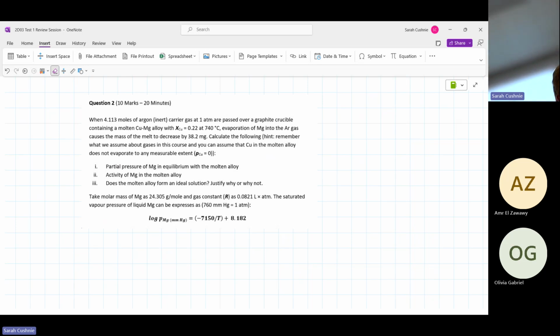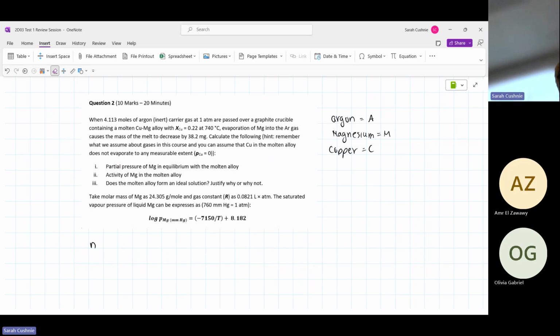Anyways, whenever I have questions that are calculations, I start by just writing out everything that I know as I go through the question, and this helps me get my bearings. It really helped me on this test because I was so confused with this question. As a standard, I'm going to represent argon by A, magnesium by M, and copper by C. So that's how I'm going to use subscripts throughout the rest of this question.